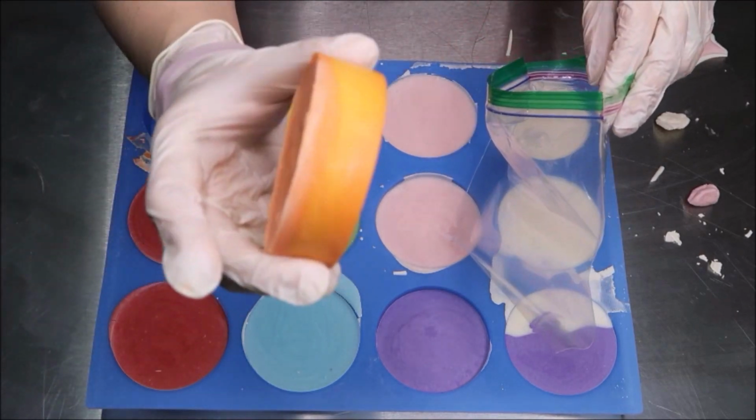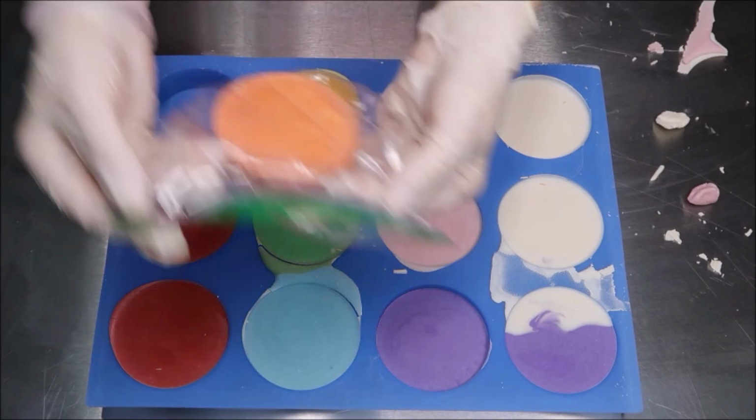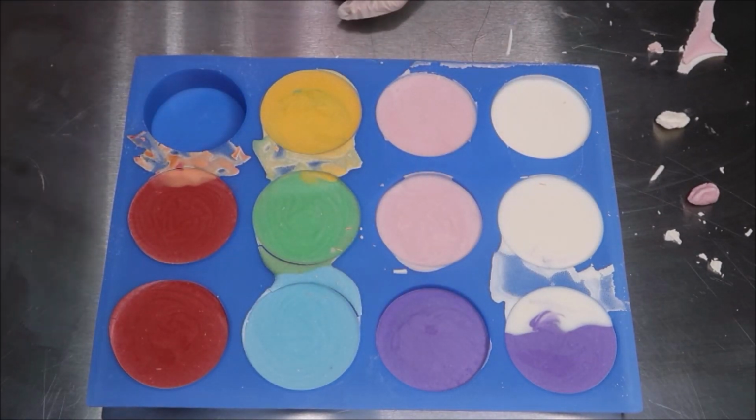I think I might cut the top off and see, but I don't want them to cure anymore. So I'm just putting it in a Ziploc baggie right away. But with some of them,